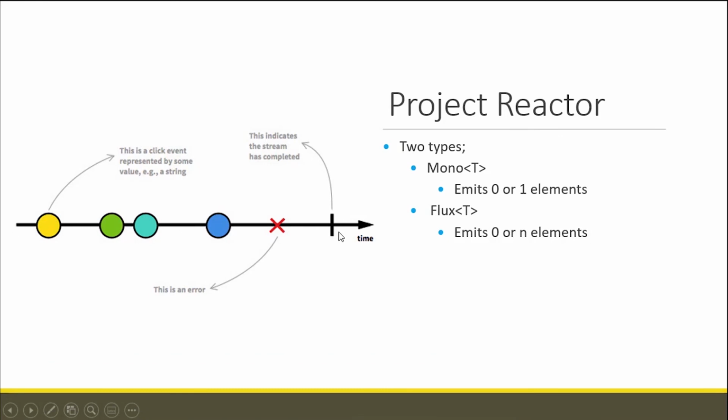This is the timeline of an object like Mono or Flux. These are called events emitted by the relevant type. There can be 3 or 4 events, and this cross means an error occurred, so the stream is closed, and this dash means the event is completed. After that, no data is passed.